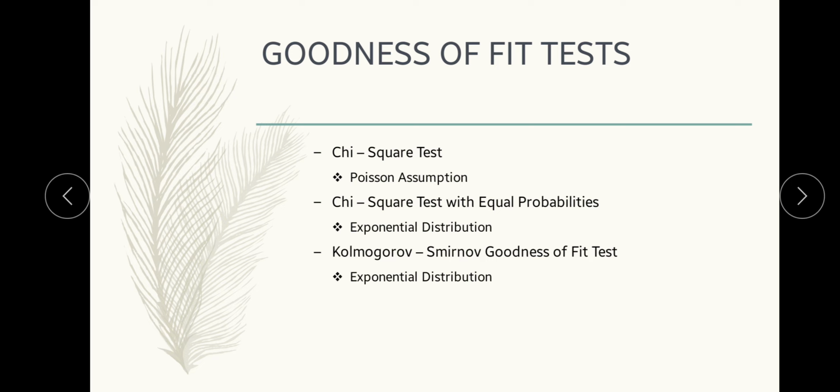Here the goodness of fit test is used to see whether the hypothesis is accepted or rejected. When we decide whether a hypothesis can be accepted or rejected, we require a critical value, which is given in a table at the end of your textbook, in the appendix. As we have already seen in the chi-square test and the Kolmogorov test, we have used the table also. Similar problems will be solved in the upcoming classes.